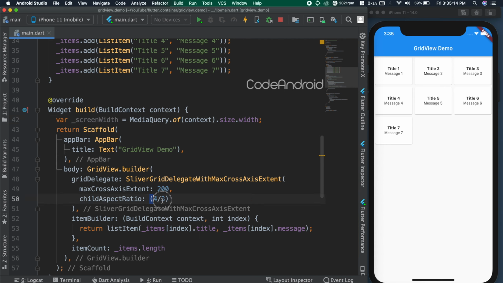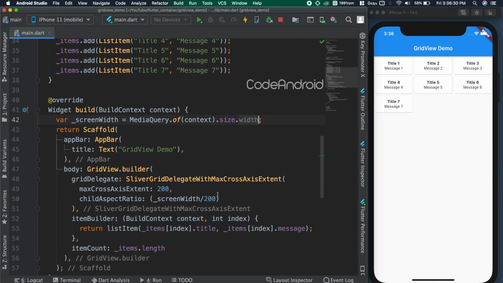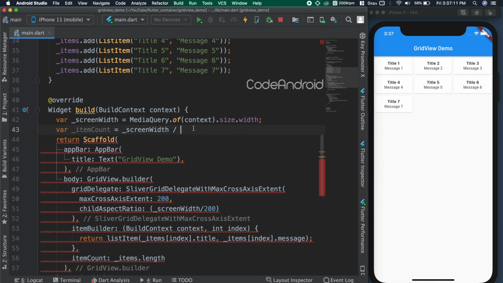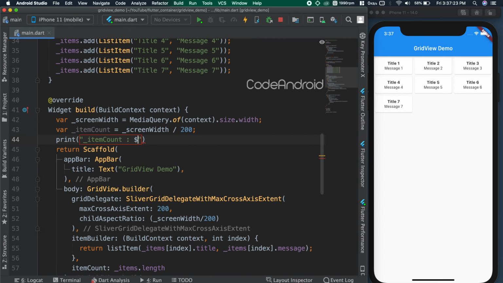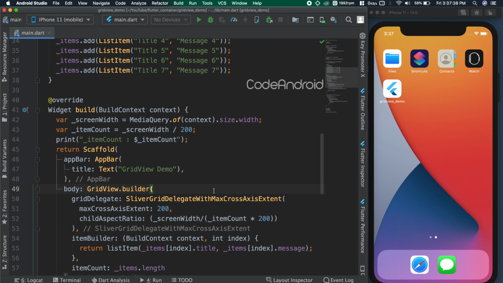I want the item to have 200 as its height, so passing the ratio as screen width divided by 200. Sorry, here we need to take the number of items in a row also into consideration. To find that, simply dividing the screen width with the maxCrossAxisExtent value. Finally, dividing the screen width with the item count.